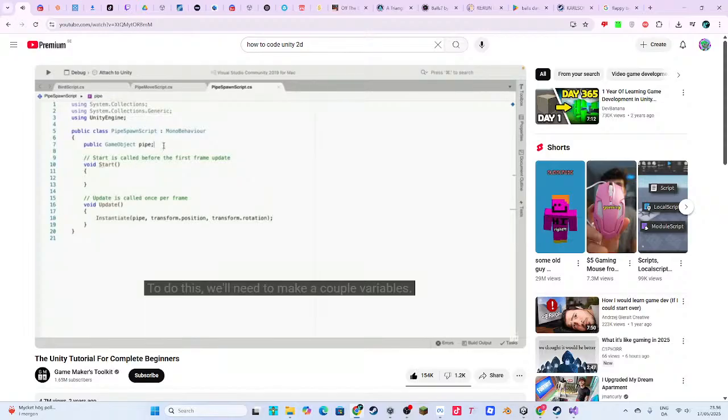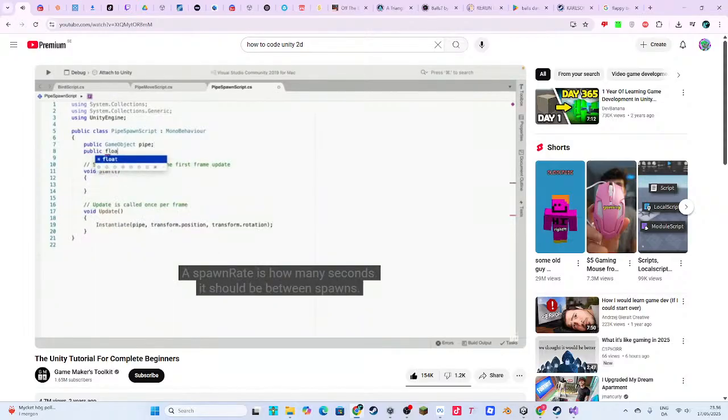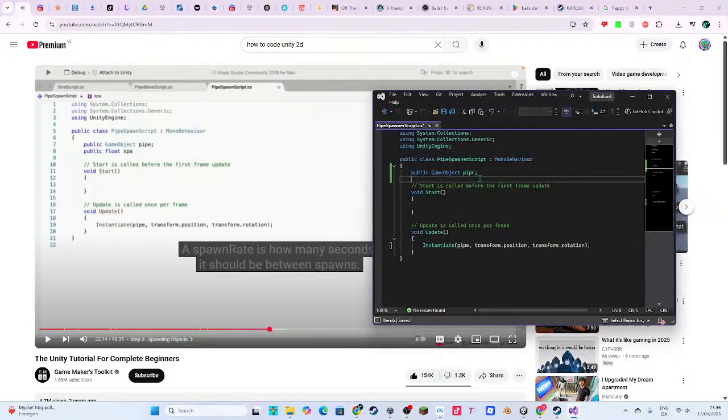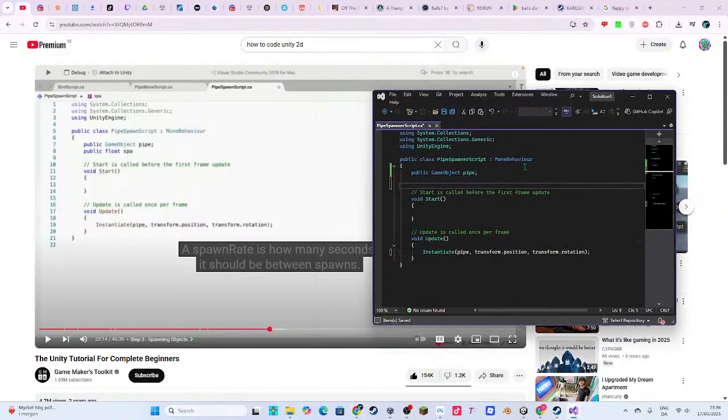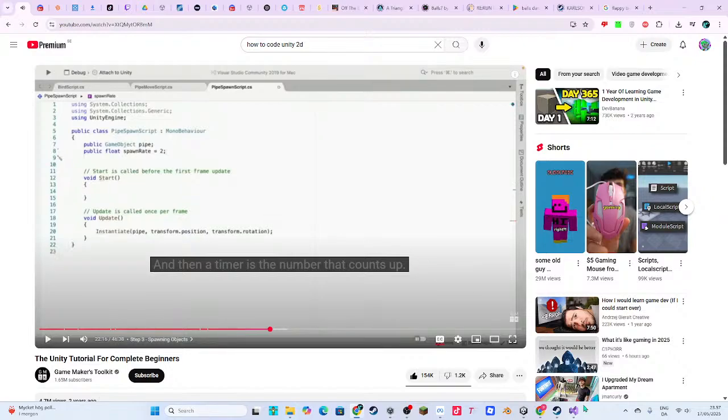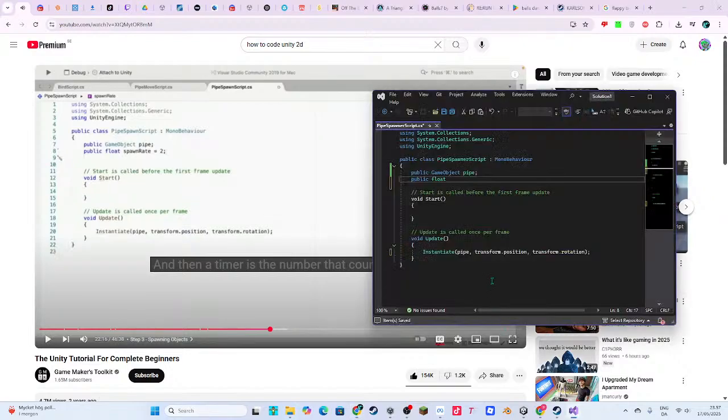To do this, we'll need to make a couple variables. A spawn rate is how many seconds it should be between spawns. Public float spawnRate equals 2.